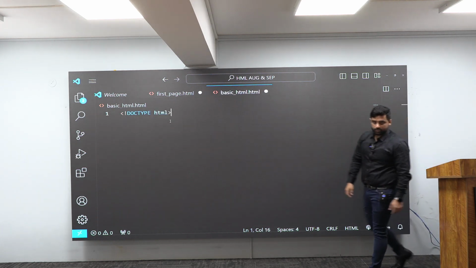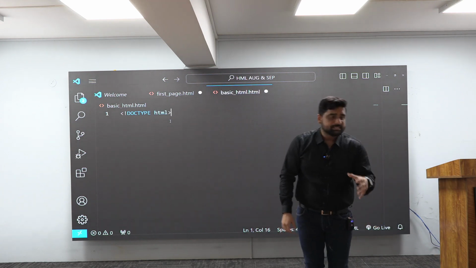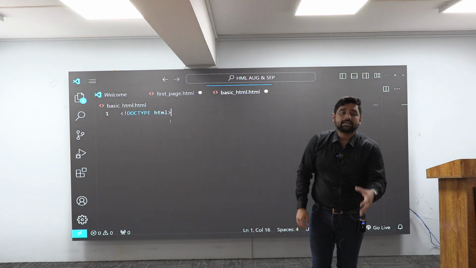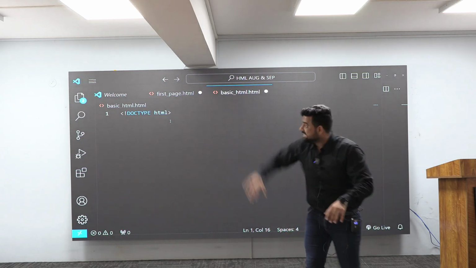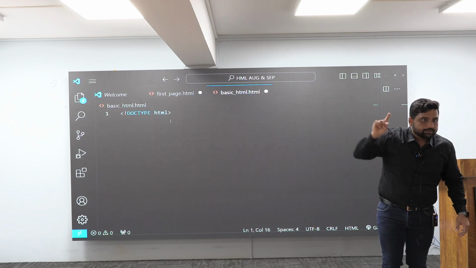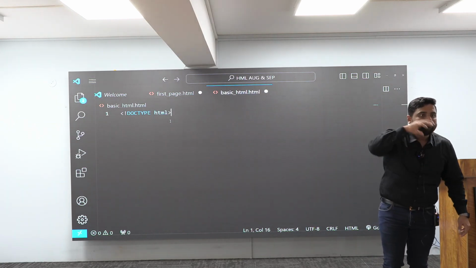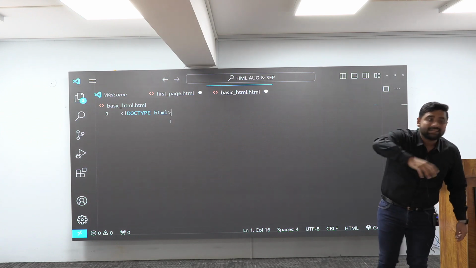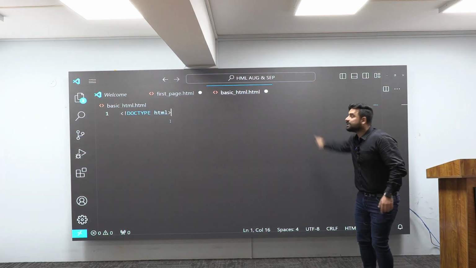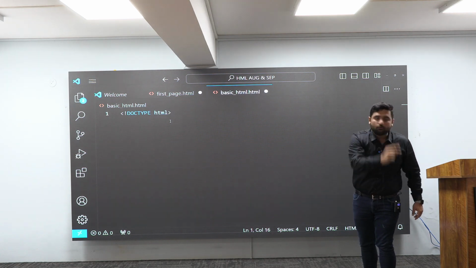Now my friend, in today's session we are going to understand how to generate the entire structure in one shot. Right now we have generated just one doctype, but we will understand how to generate the entire structure in one shot. Am I clear? So for that, what you should do,